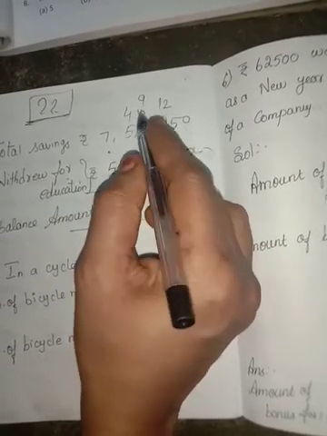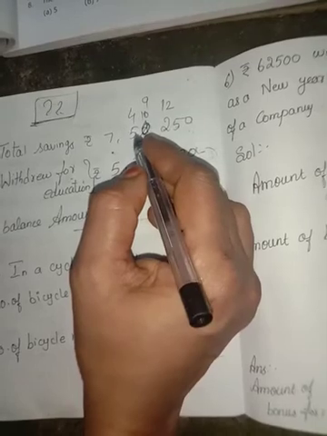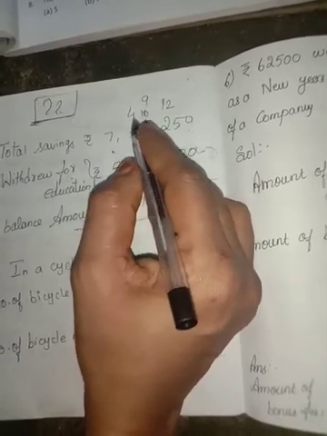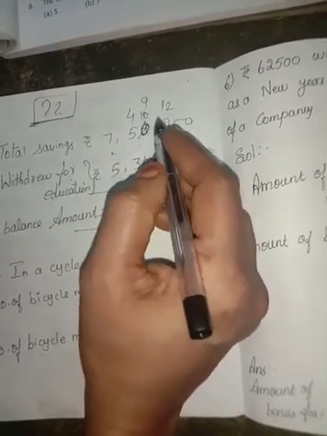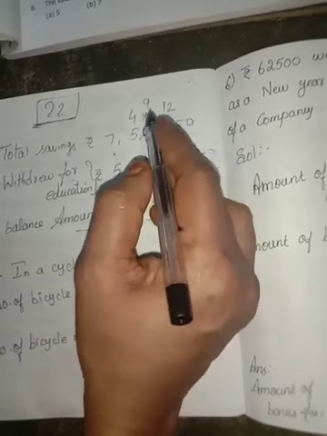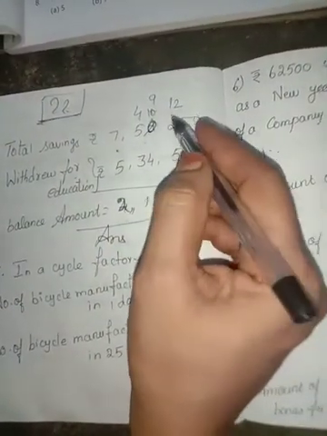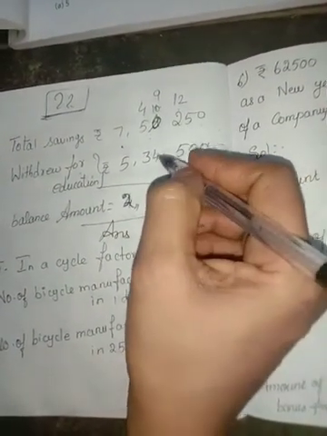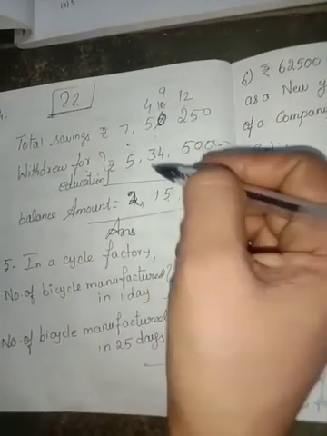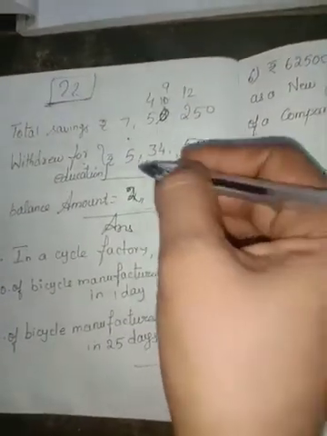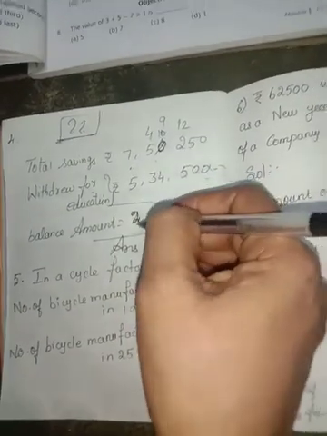So 5 gives 1, so it becomes 10. 5 reduces into 4. So 10 gives 1 number, so 2 becomes 12 and 10 becomes 9. 5 subtracted from 12 we get 7. 4 subtracted from 9 we get 5. 3 subtracted from 4 we get 1. 5 subtracted from 7 we get 2 more.